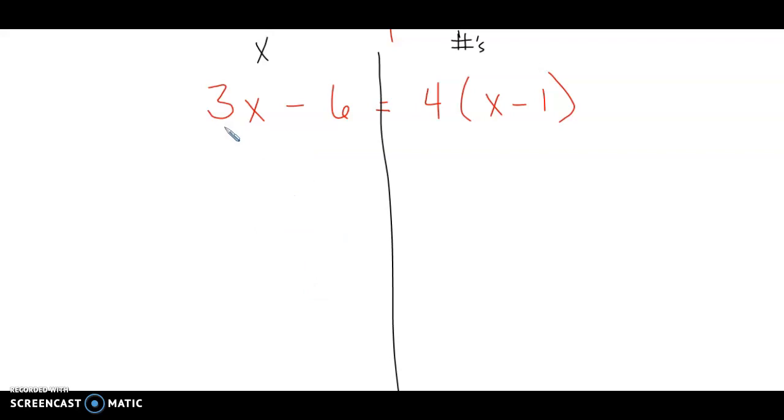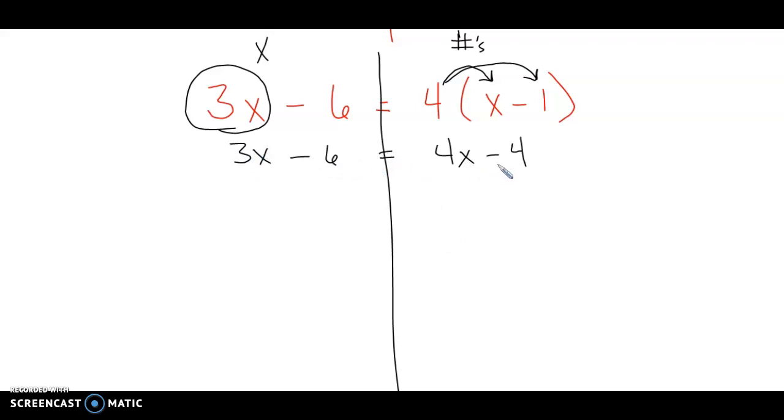Okay, so here's what I can do. Here's a variable right here. Now over here on the right side, we have parentheses. I need to get rid of those parentheses before I can take anything. So I'm going to go ahead and distribute. 4 times x results in 4x. 4 times negative 1 will give me a negative 4, which now becomes 4x minus 4. Now when I look at the two sides, 3x minus 6 equals 4x minus 4,